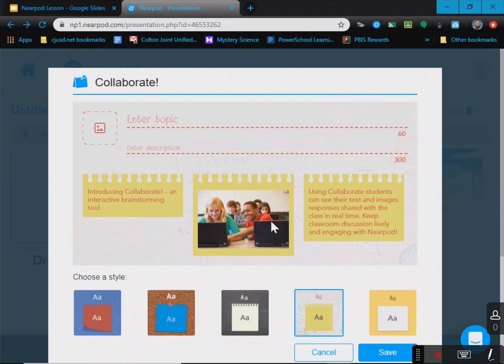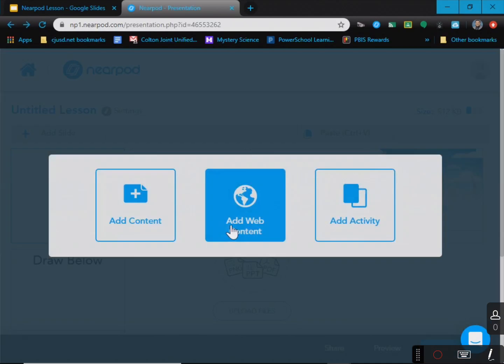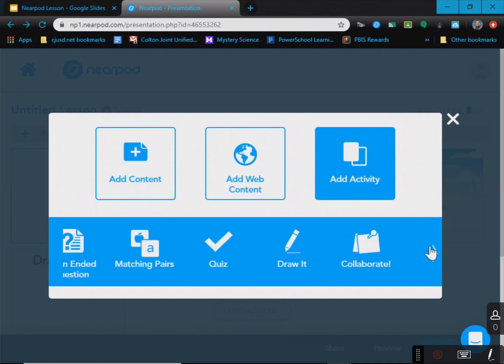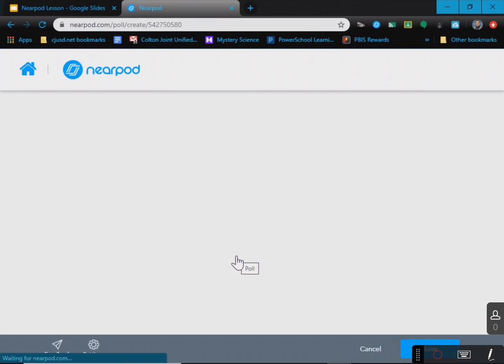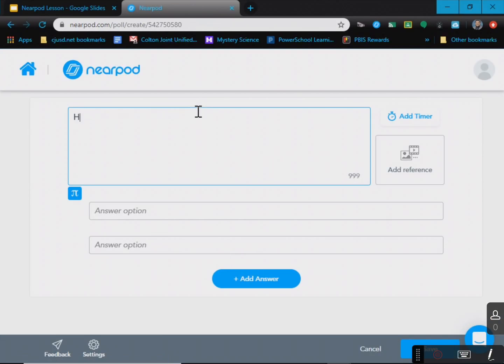And that's a fun way for kids to respond, a little bit more fun than the open-ended question, because they like to see what other people said, or, oh, that one's mine right there. So that's a good way to use that. And then the last thing I'm going to talk about is poll. A poll is just that you might want to ask them at the end, hey, how do you feel about this lesson? And it's just a little survey, love it,